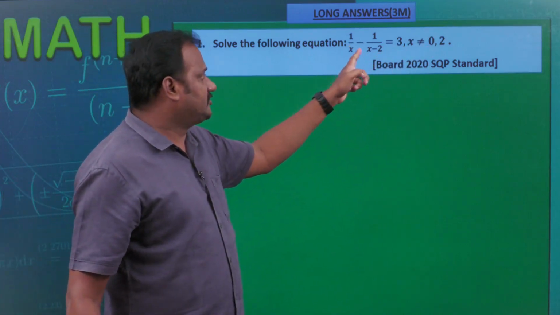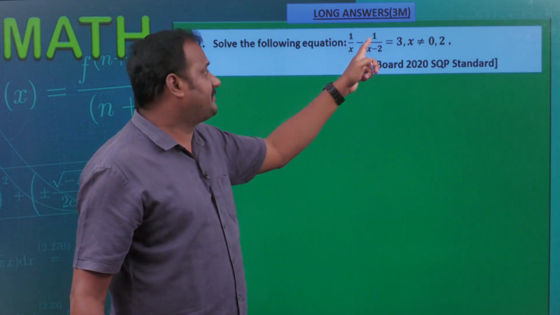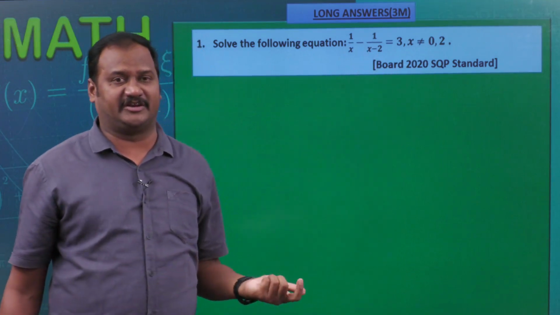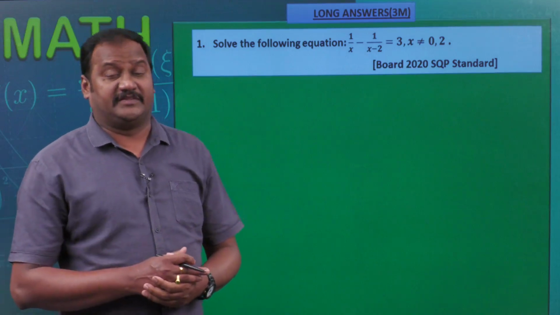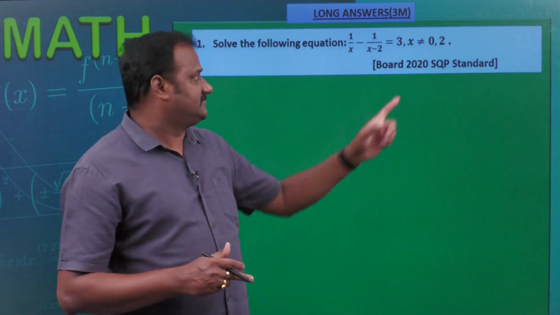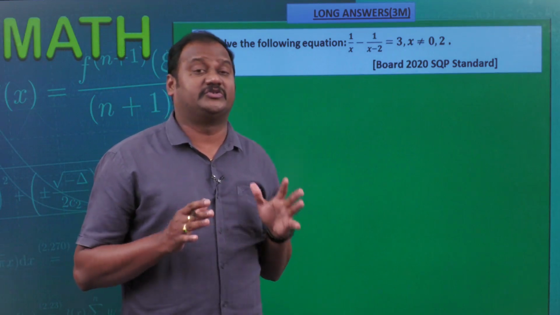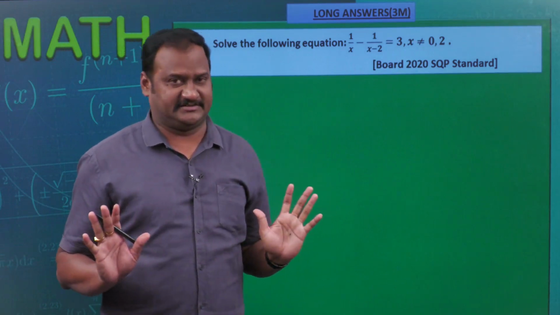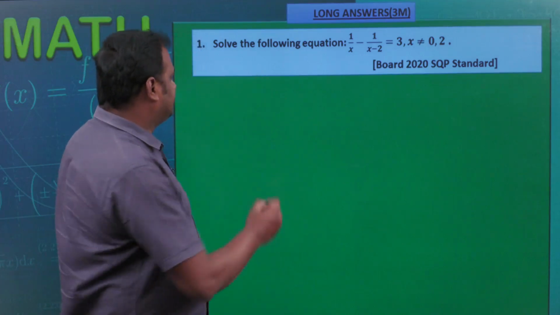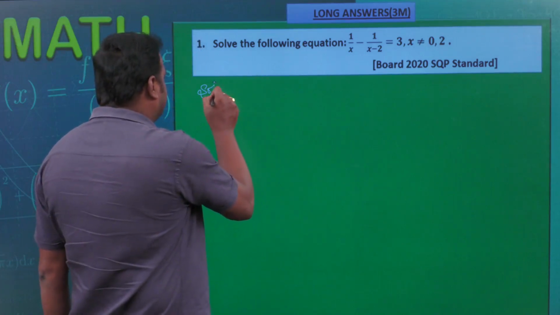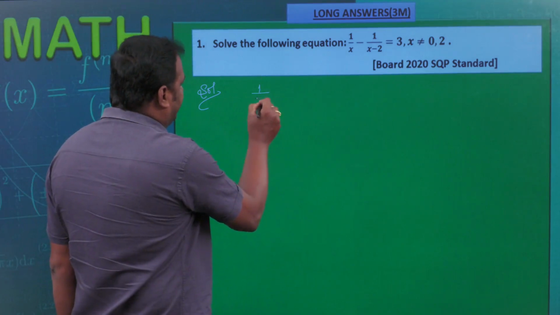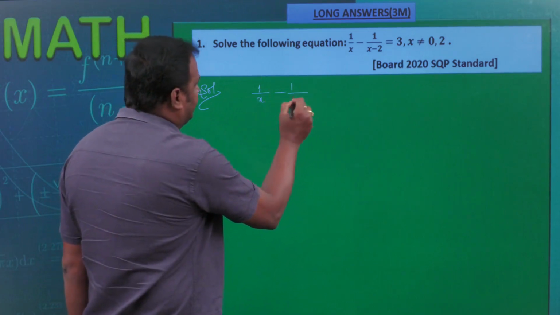Here, if x is equal to 2, 1 by 2 minus 2 is equal to 0, and 1 by 0 is undefined. So for the problem to be defined, this condition is necessary. That is the condition given to define the problem. Fine. So if you observe the given problem here, 1 divided by x minus 1 divided by x